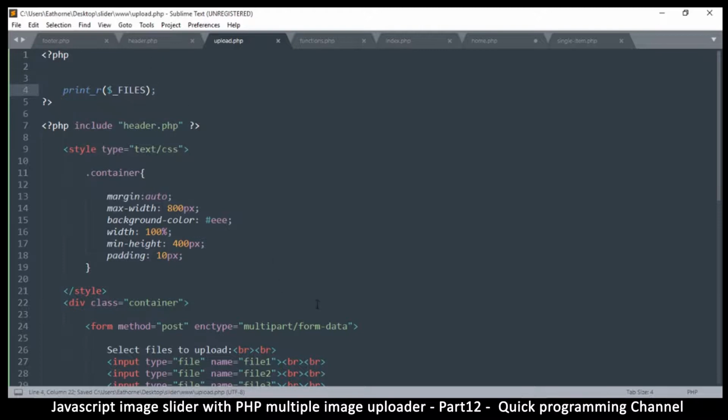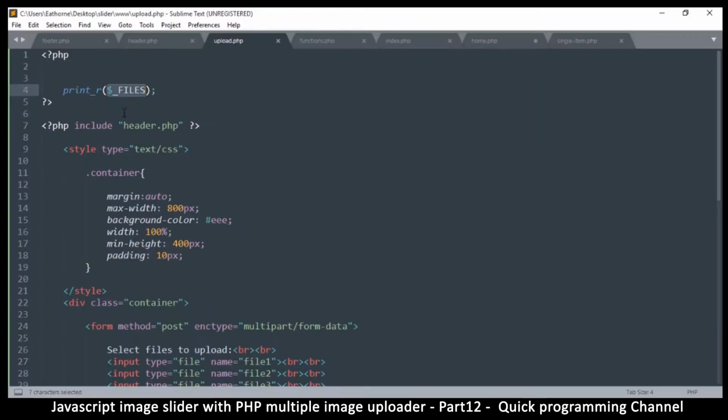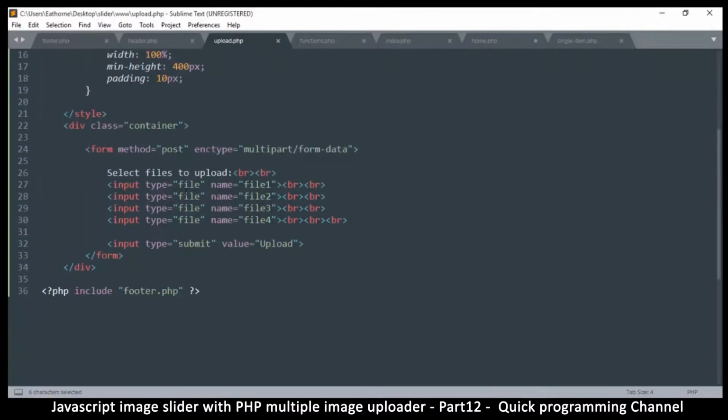Okay, now the thing is, this files variable is the one that will contain all the files here. Now if you had put a text box here to add some extra data like post title and all that kind of thing, you would get that from the post variable instead. So let's add that as well, just to